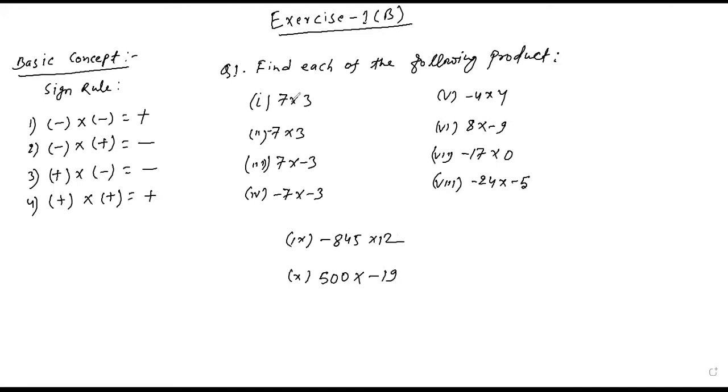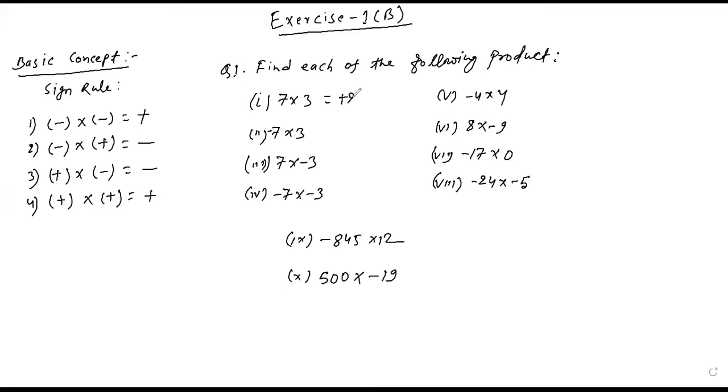So what is the process to solve these questions? Very first, you have to multiply the signs, then you have to multiply the numbers. So here, 7 into 3. Is there any sign? As I told you, every number, if no sign is given with that number, it means the plus sign is hidden. So for this 7, the plus sign is hidden, and for this 3, the plus sign is hidden. Both are positive integers, so plus into plus is plus only. If you write plus, it's fine, and if you don't write plus, it's also fine, because plus is hidden with every number itself.